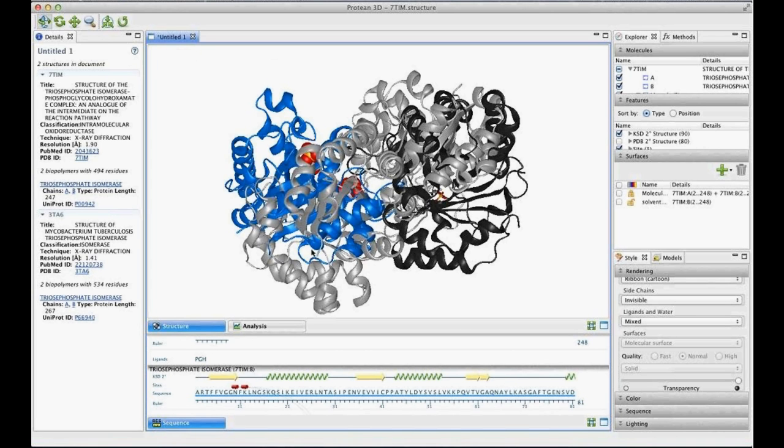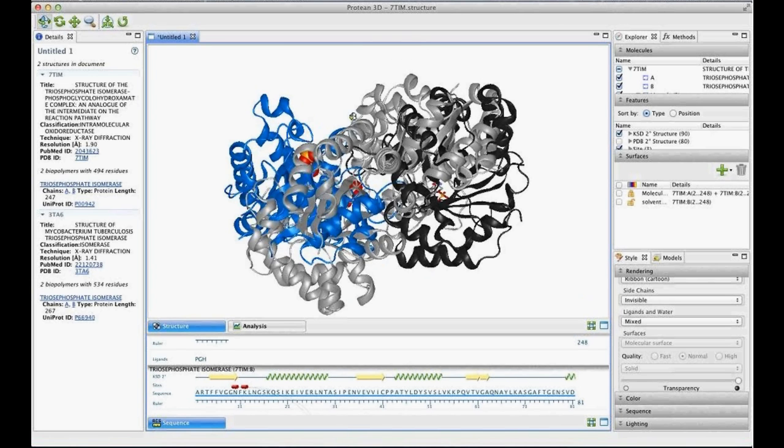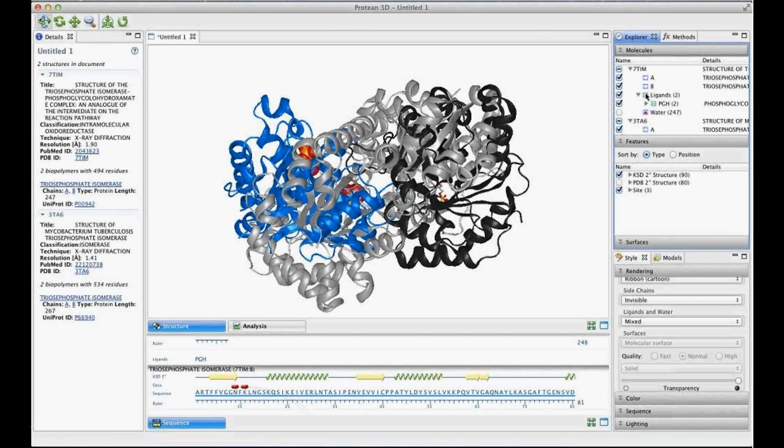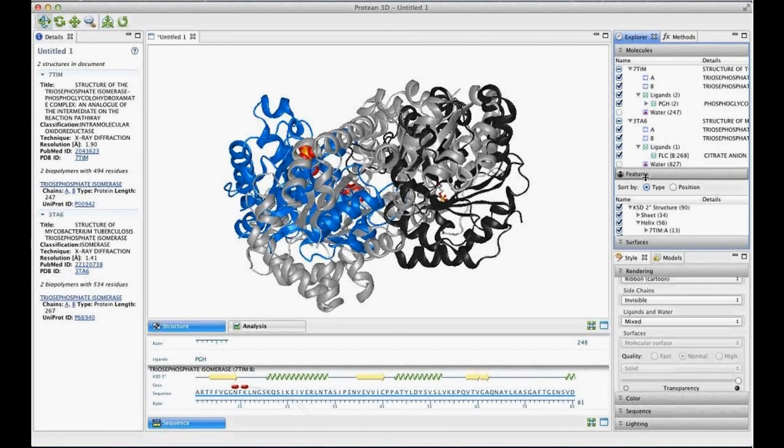And you can see the second structure is centered in the structure view, but you can also see that it is now listed in the molecule section as well as in the features panel. You have all of the features from the second structure as well. Additionally, the details panel shows all the same information that it showed previously with only one structure open, but now with two structures it has it in a slightly different organization